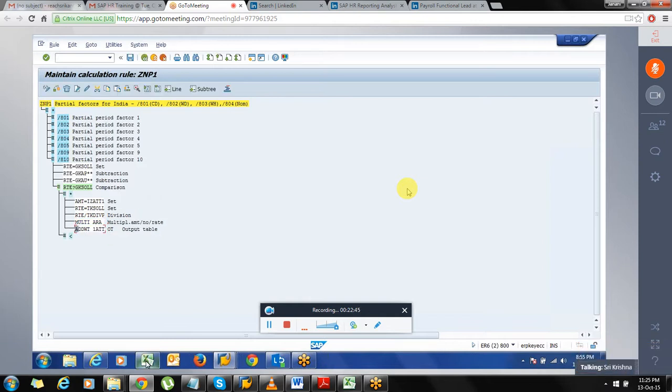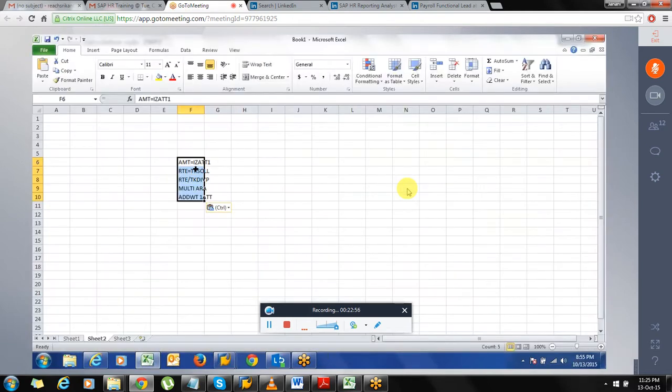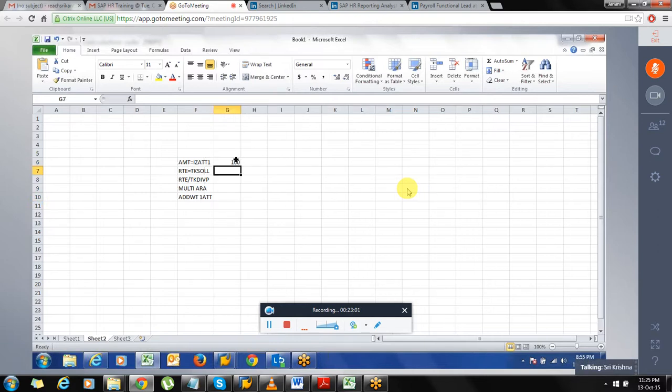So coming to Excel, the same logic. This one I think maybe it will be a bit confusing, so I will tell you here. This is 100 we maintain. This, if it is first, you will get 13. This you will get 30. So here we are doing a multiplication, okay, and you are getting the output. So what I am going to do is this divided by 30 I am going to do. So you got something like this.